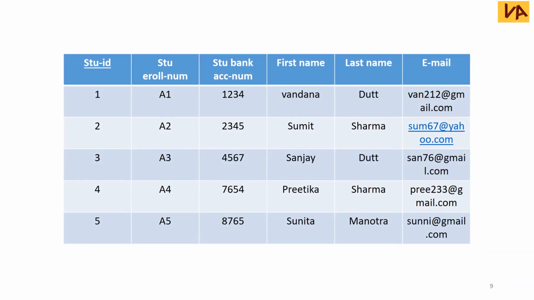For example, in this table again, the student, I am going to take the same table so that you can understand very easily and you will not get confused by studying so many tables. So I am going to take only one table and I am going to make you perfect in these keys in today's video. So let's take again the same example. We have table student, attribute student ID. See, I am going to make this student ID our primary key. That is why we have underlined this column, right? Student ID, student enrollment number, account number, email ID.